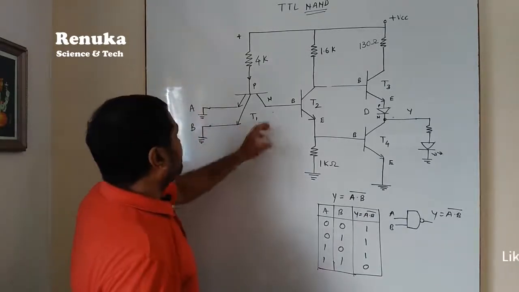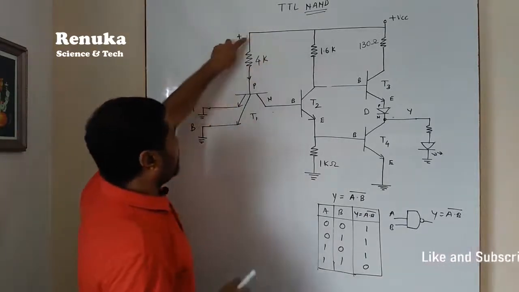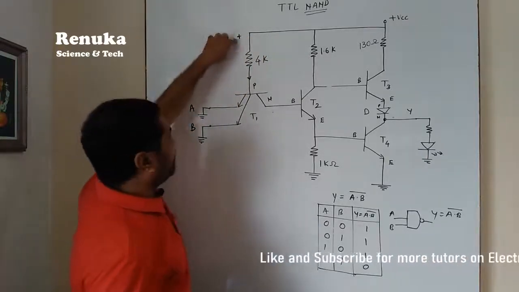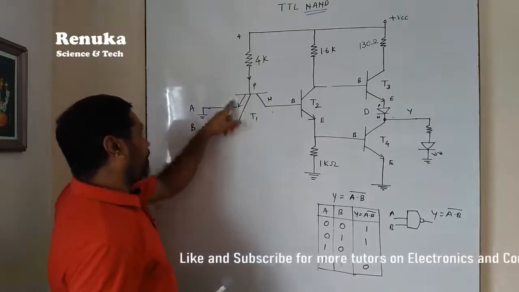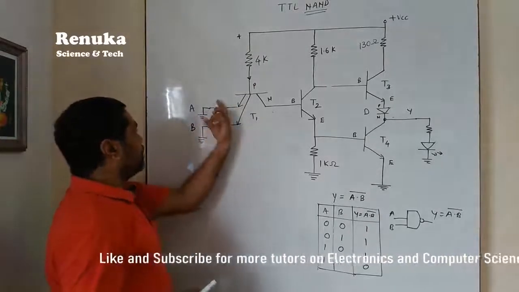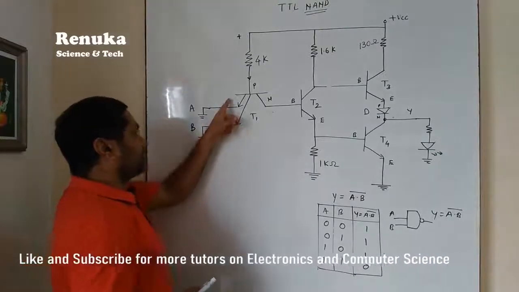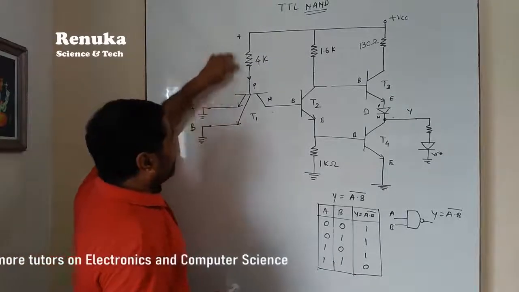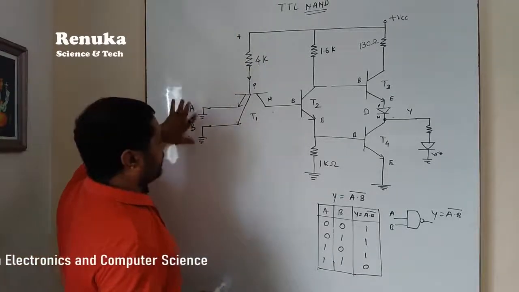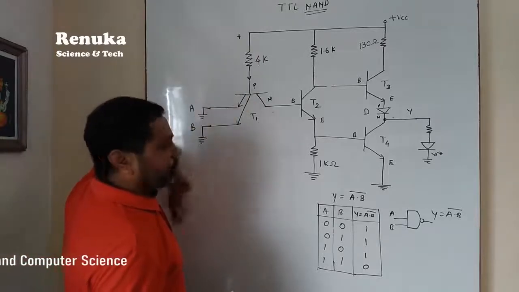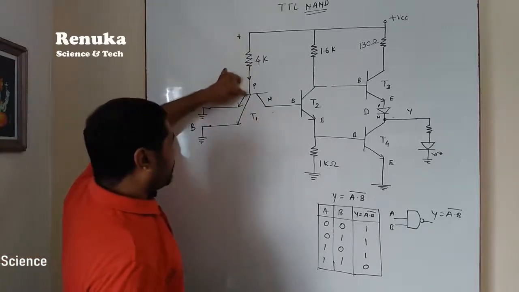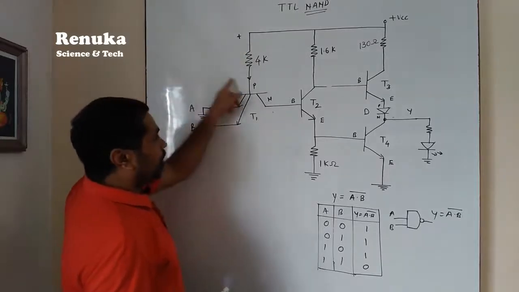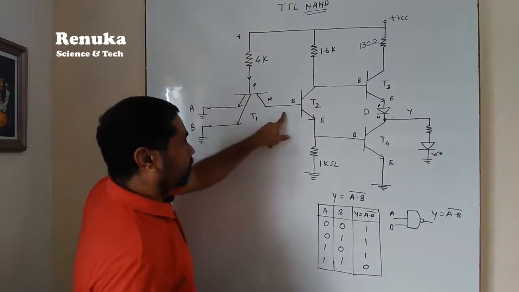So starting from T1, current from the plus VCC will enter up to this point. Here the P is connected to the positive terminal and the emitters are of N type and they are connected to ground. So both the emitters are connected to ground. That means the N type of both these diodes are connected to ground. So P is positive and N is negative, that means ground. So both the diodes will be forward biased. So in both the cases, the current through the positive VCC will sink towards ground. So no current is flowing towards the base of this T2.